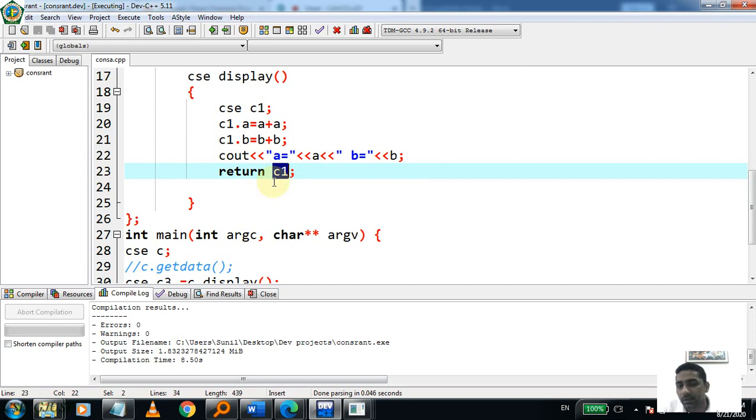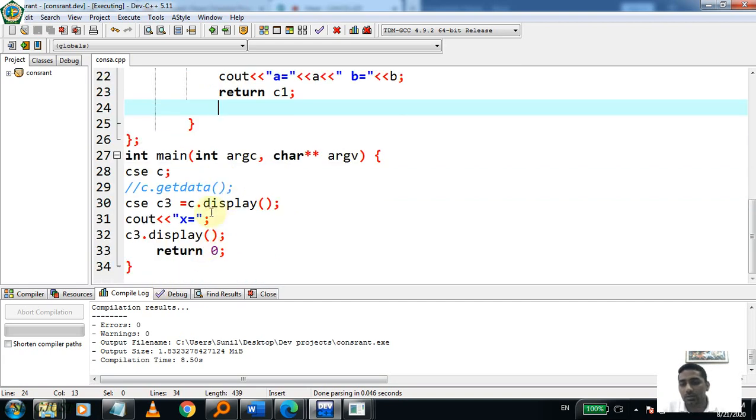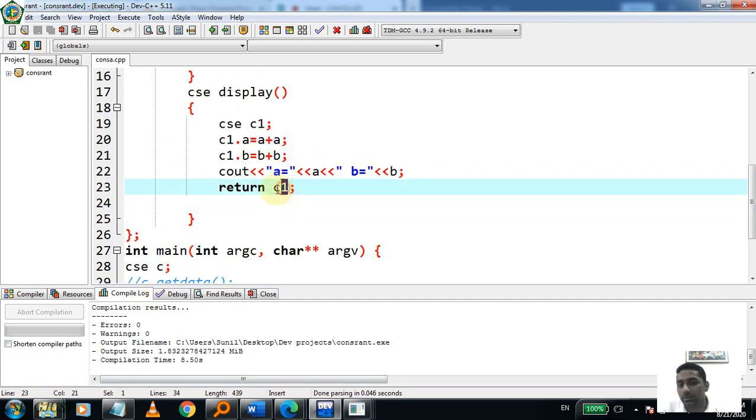Not multiple return statements, only one return statement is used, because return means you call one function at a time and after calculation it will return something. So one value can be returned by that function. You can consider that only one return statement will be available in a function. You can write multiple statements, but at a time one return statement is identified by the function. After that the other return statements have no use. So it is better to use an object to return multiple values or pass multiple values as an argument. So this is the concept of passing multiple values using an object.